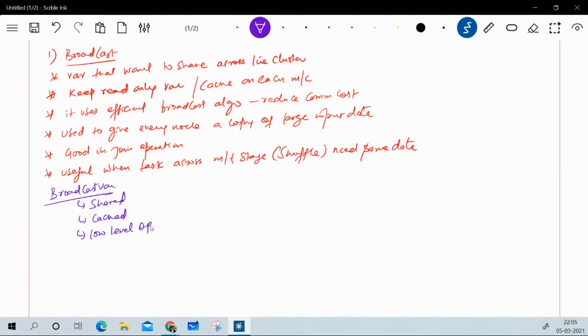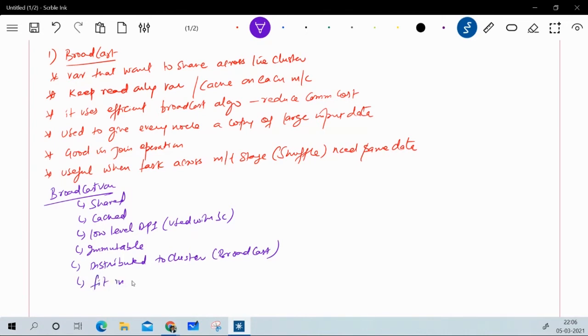When I say low level API, that means I can use it with Spark context, and this broadcast variable is immutable. That means it suits different use cases, and it is definitely distributed to the cluster. That is why it is termed a broadcast.